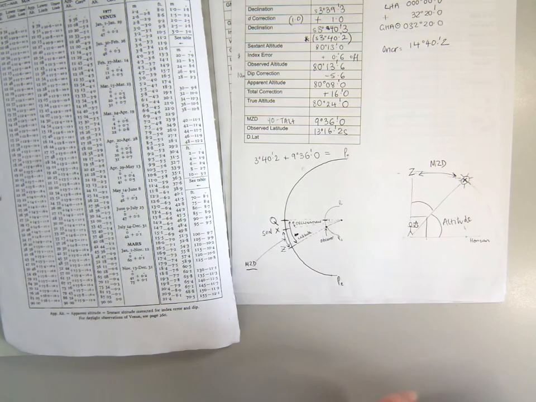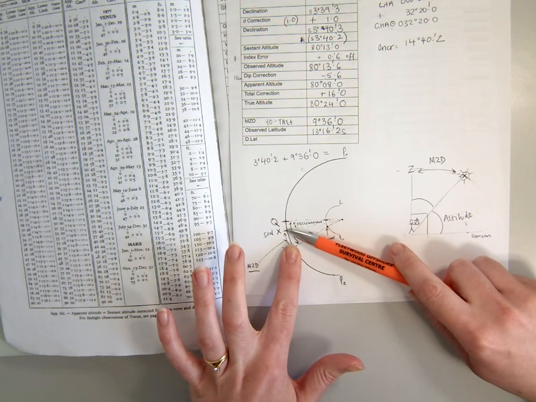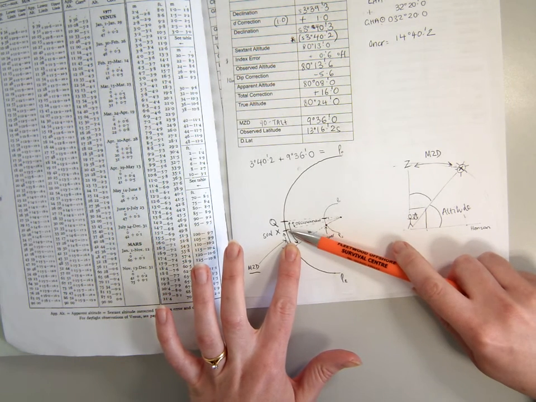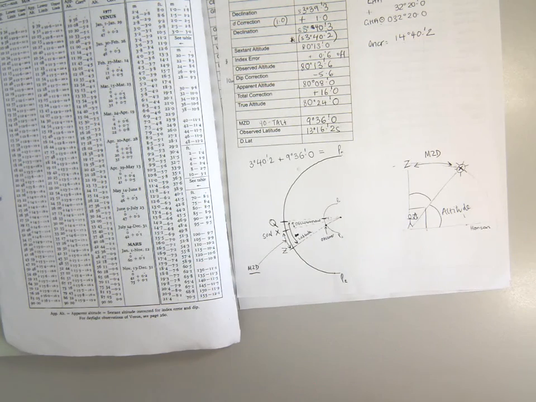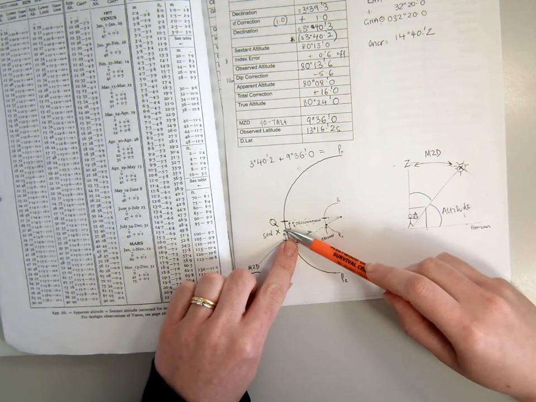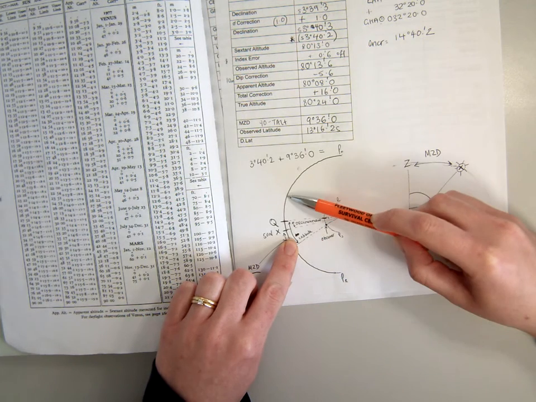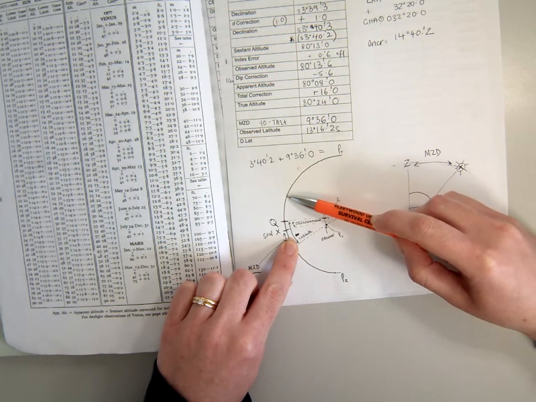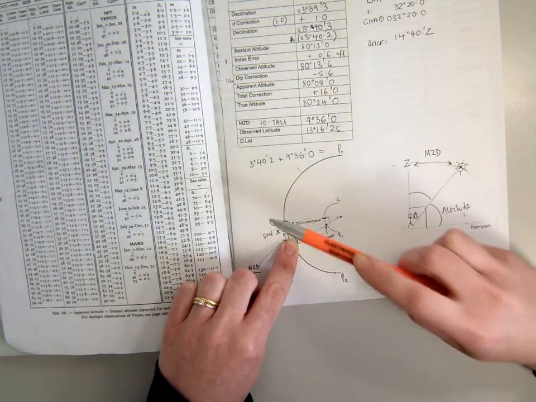However, it's a little bit trickier if you had a question where you're told that the body is to the south of you if the body's in the southern hemisphere, or the body's to the north of you if the body's in the northern hemisphere, simply because you wouldn't know which side of the equator you were on purely on the basis of that. You would be thinking, well, if the body's to the south of me, I'm either going to be somewhere between Q and X, or I'm going to be somewhere on the other side of Q in the northern hemisphere. The only way you're going to know that is going to be by looking at your MZD,